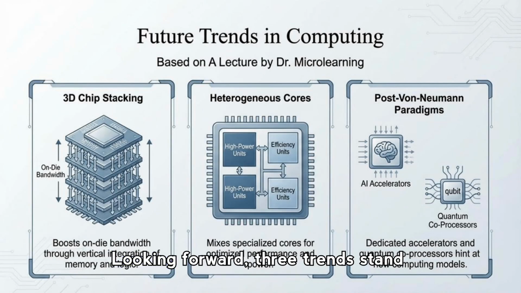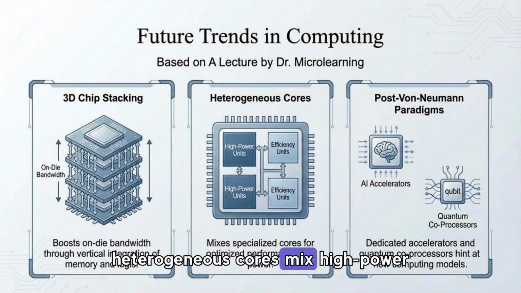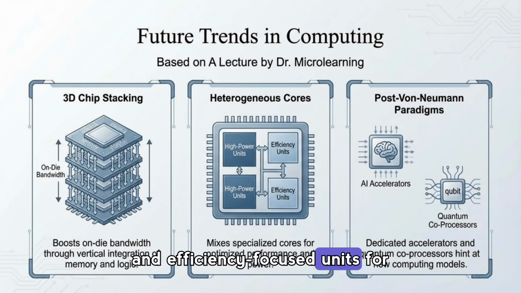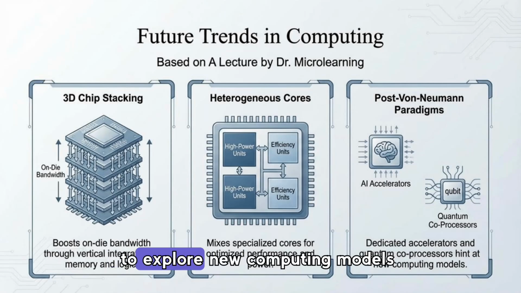Looking forward, three trends stand out. 3D chip stacking increases on-die bandwidth by stacking memory and logic vertically. Heterogeneous cores mix high-power and efficiency-focused units for better performance per watt, and post-von Neumann paradigms add accelerators and coprocessors, including AI and quantum elements, to explore new computing models beyond traditional